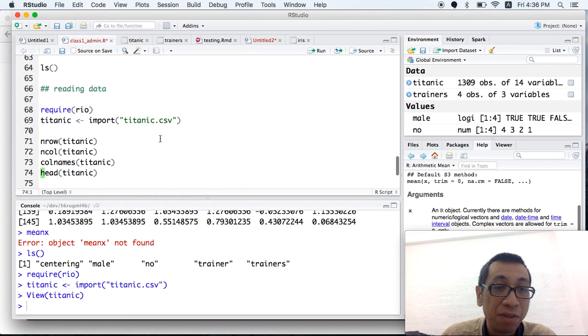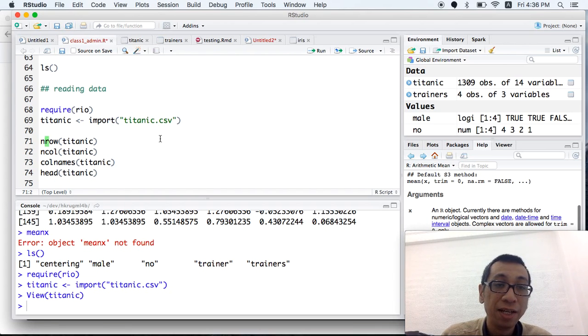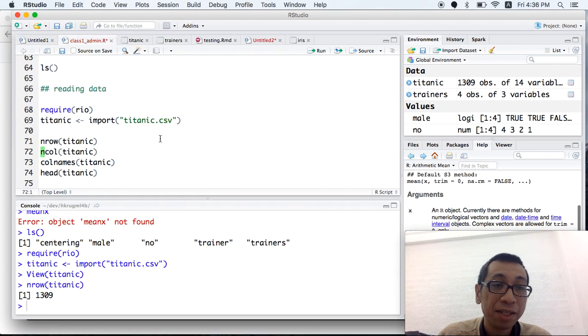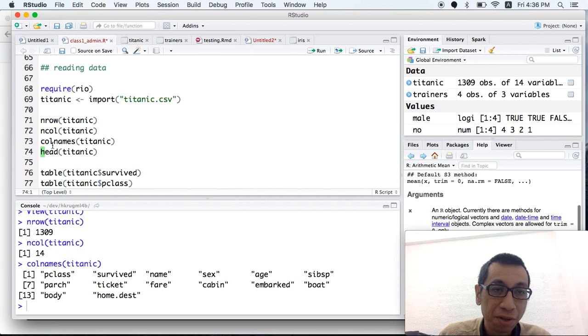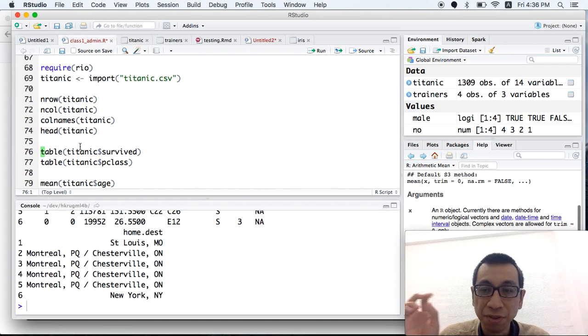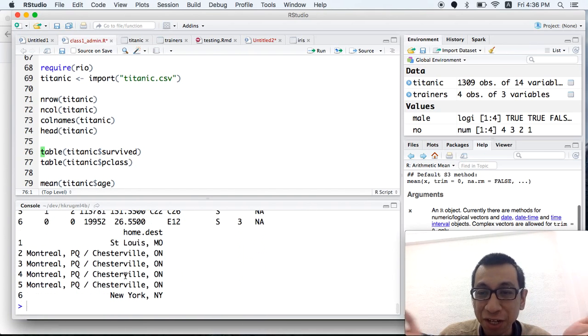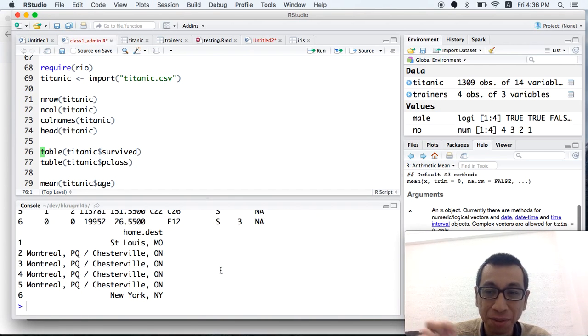So I will introduce some more functions for working with data frames. For example, nrow is just counting how many rows there are, and ncol is the number of columns, so it's 14 columns. colnames will give you all the column names, and head will show you the first few rows of the data frame. head(Titanic) will show you the first 6 rows.